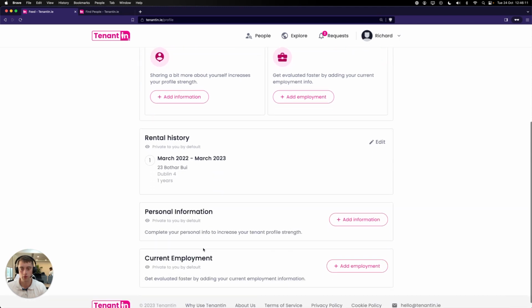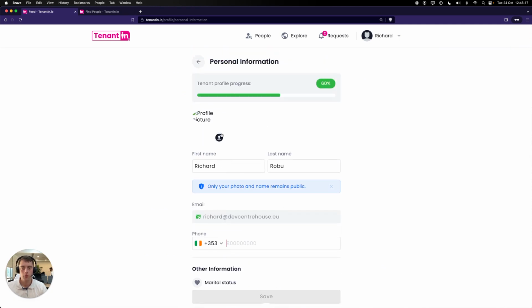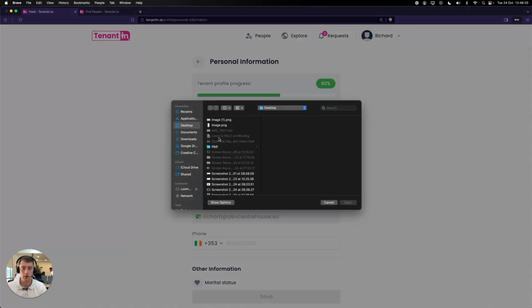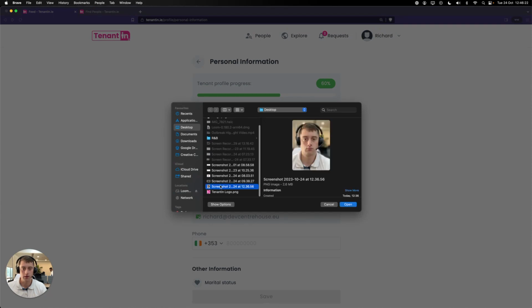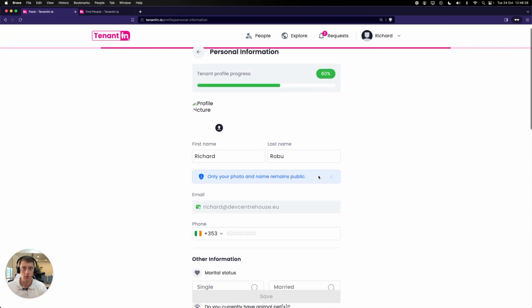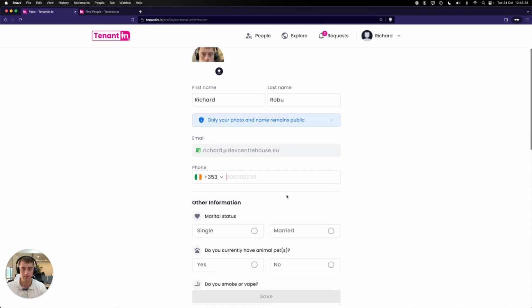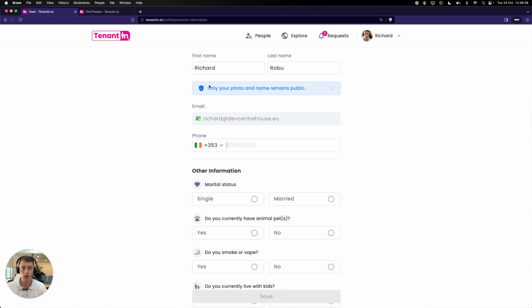So moving on to the other sections, we already added rental history. Let's go to personal information. We do have a profile picture to be added here, which I already took a photo of, so we can add that now. Let's just wait for that to load a little bit, and it should appear now. There you go. A little bit large in size. So here we have